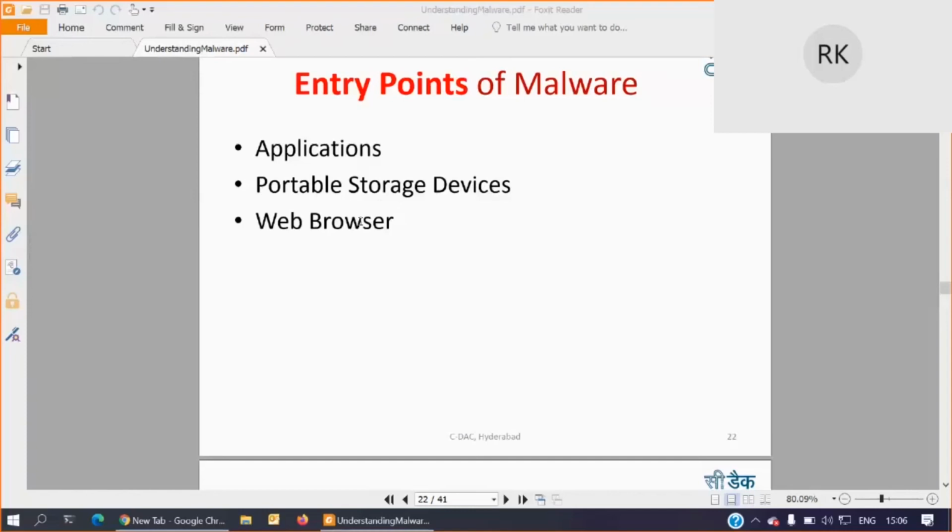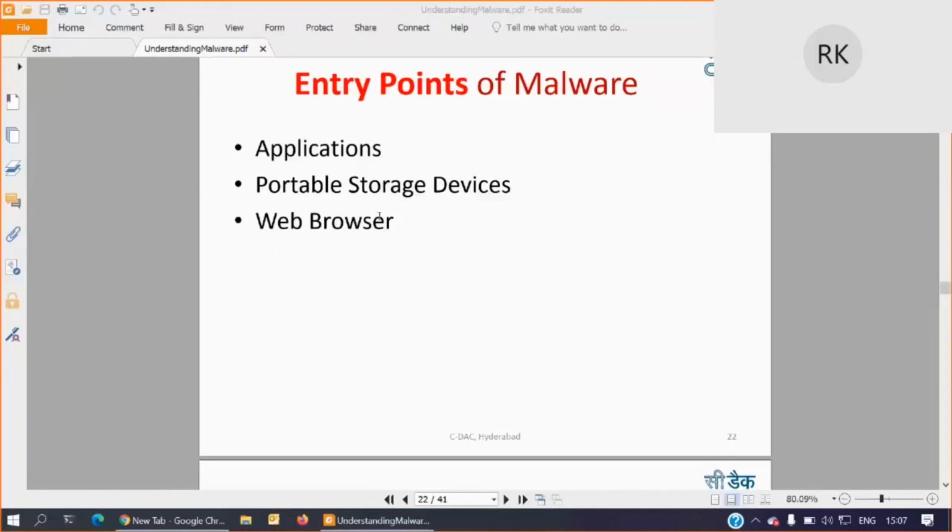If that add-on is a malicious one, which you have installed by mistake by clicking on some links and all, and it is not a trusted one, then it will have the privileges of your web browser, so it may track your browsing pattern, steal your sensitive information, and cause some harm to your financials, right? So the web browser is also the entry point of some malware or anything.